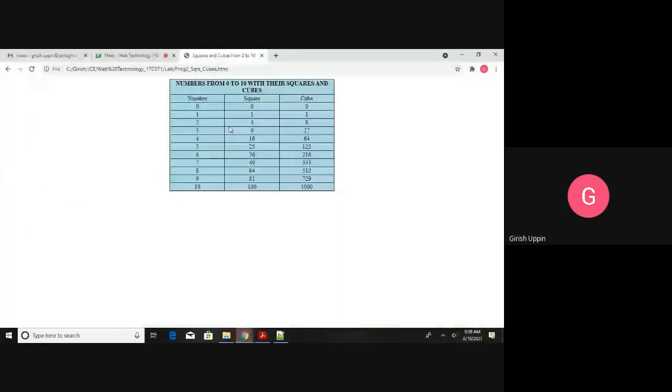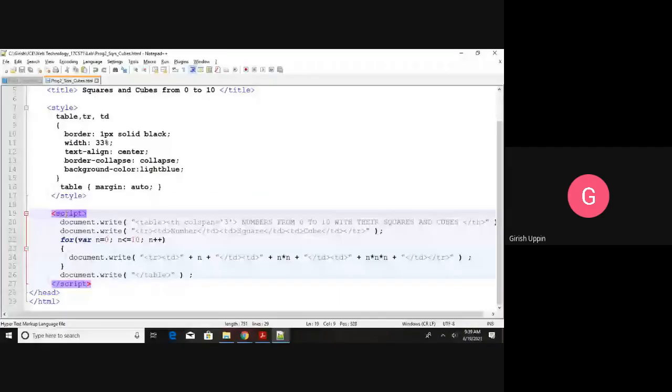That is the styling. Then we have the script. The HTML document is created dynamically using the document object, that is the DOM object. We have document.write, so it will create the HTML table dynamically. Inside the double quotes, what I have is the HTML element table.